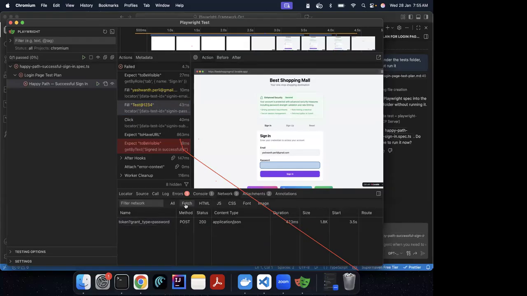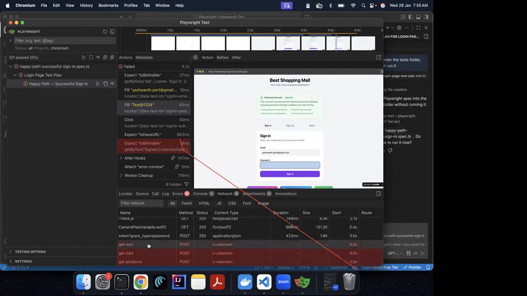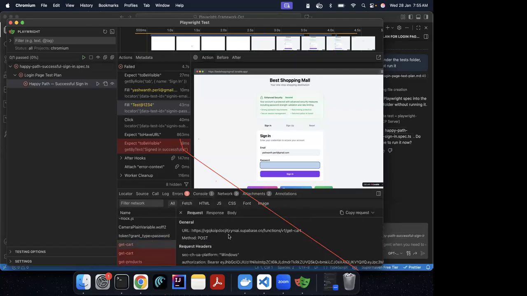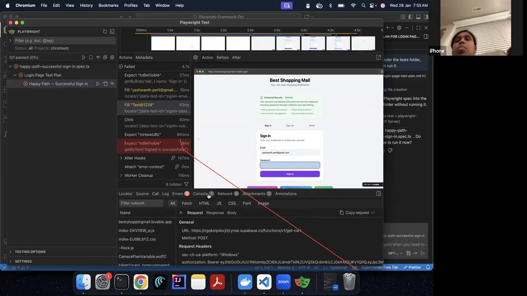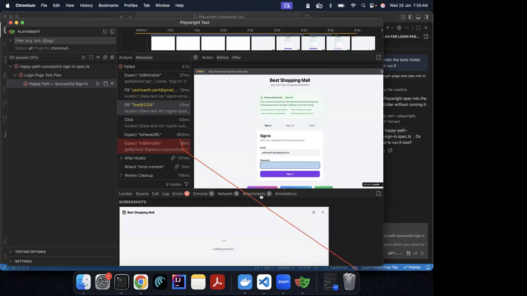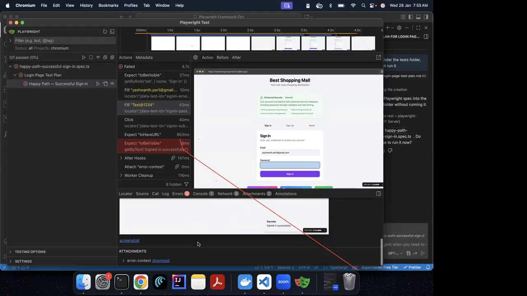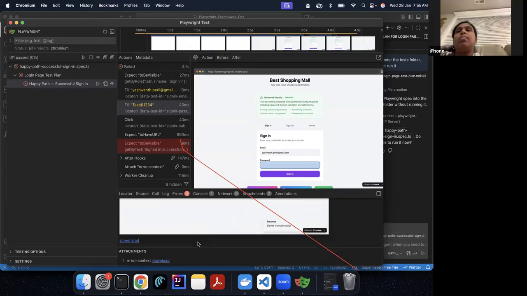So I think it also made a call to get cart, but this get cart failed because we are not able to log in properly. And then you can also see what are the attachments. So after the whole thing is done,